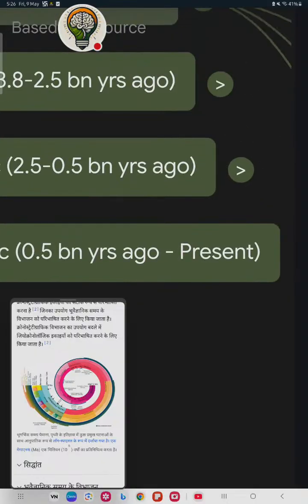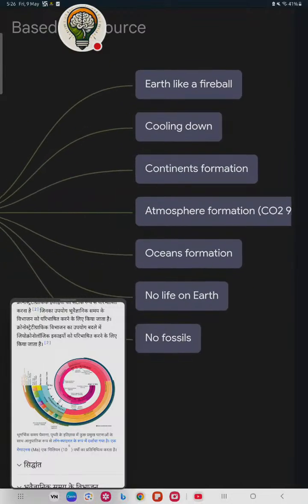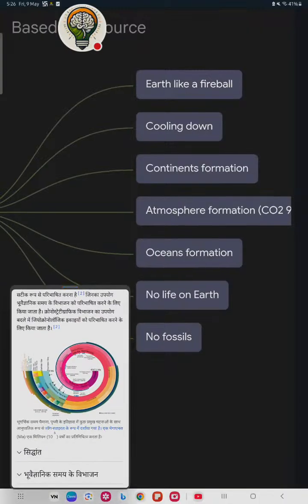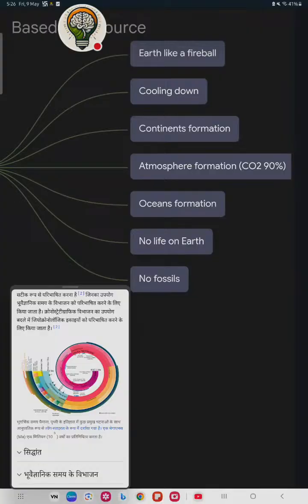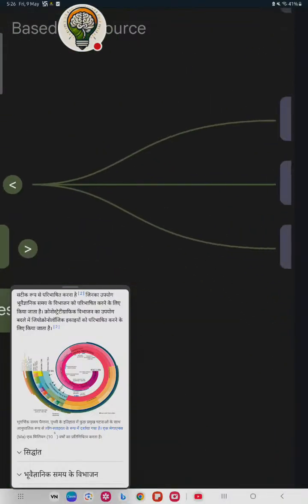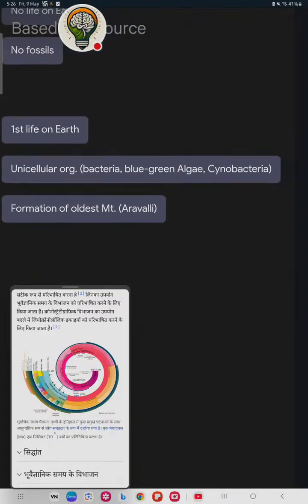In the Hadean eon, the activities were: Earth like a fireball, then the cooling down of Earth, continent formation, atmosphere formation with 90% CO2, and ocean formation. No life on Earth, no fossils. Then the Archean, where we have the first life on Earth, unicellular organisms like bacteria,